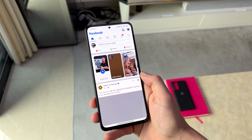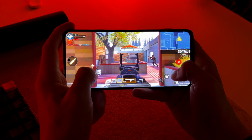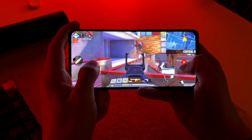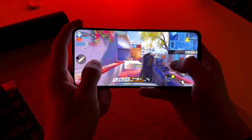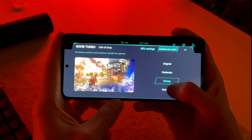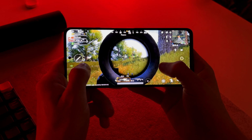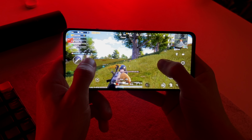I did game on Call of Duty at 60 FPS, but was limited in performance options I could choose in the settings menu, but the game ran smoothly on those settings and still looked great. There was not that much of a heat gain during my session, and the frame rate according to the reader stayed at 60 FPS. There is actually a gaming mode built into the phone where you can adapt the graphical settings and tune some of the hardware to get the most out of the phone. Still, on PUBG, even again I couldn't pick the super highest settings, but it still ran smoothly with no problems